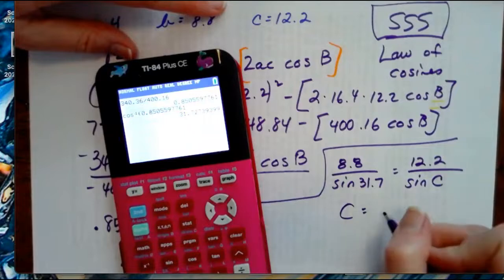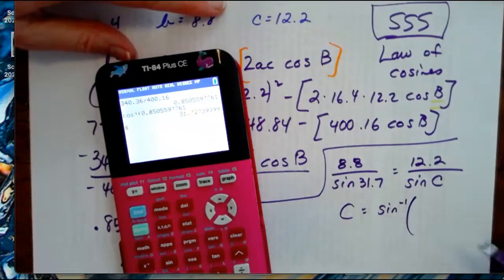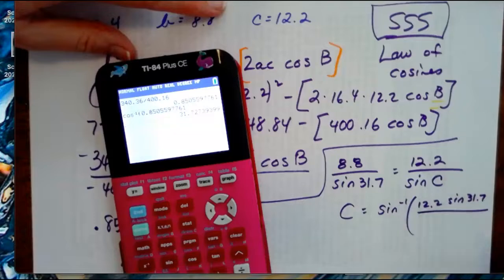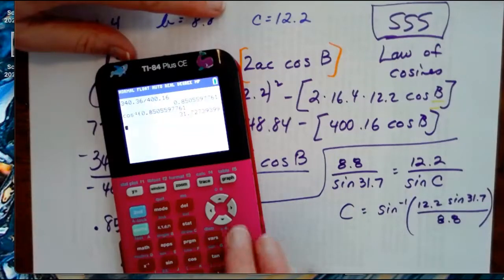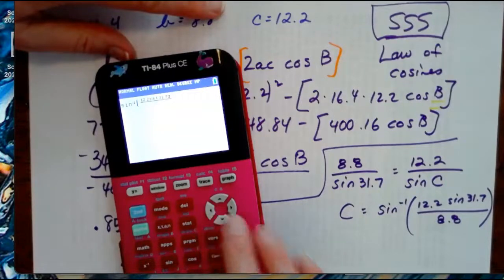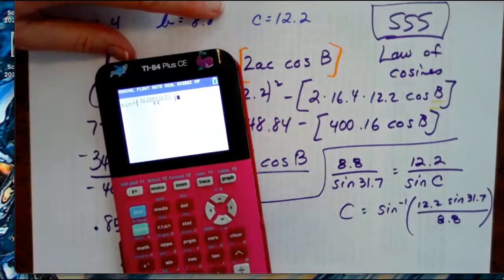So c is going to equal sine inverse of 12.2 times the sine of 31.7 over 8.8. So inverse sine, and plug that fraction in there. And we find big C, angle C, is